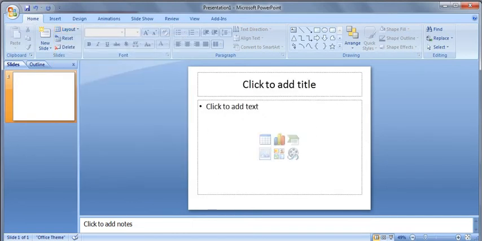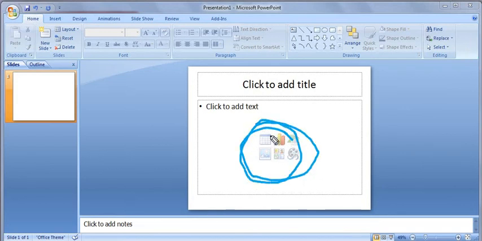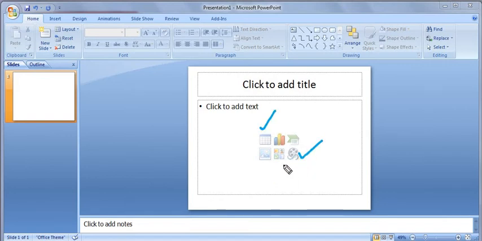Because in this we have the icons. To add tables we click on this icon, to add videos we click on this icon, and for images we click on this one. In the same way for charts, we have the symbol, this second one. This is the chart symbol.